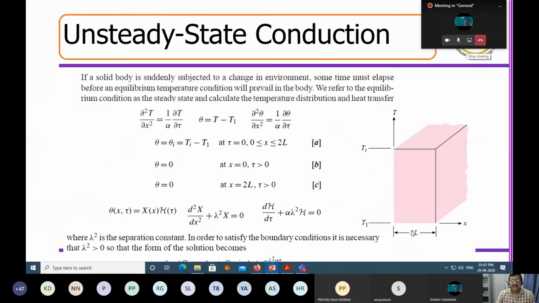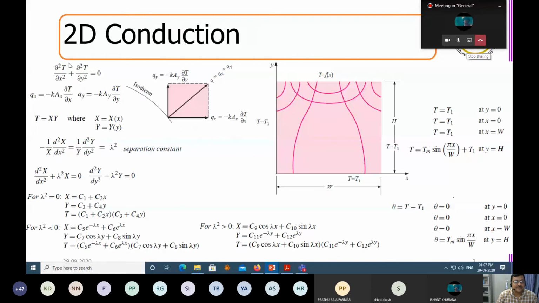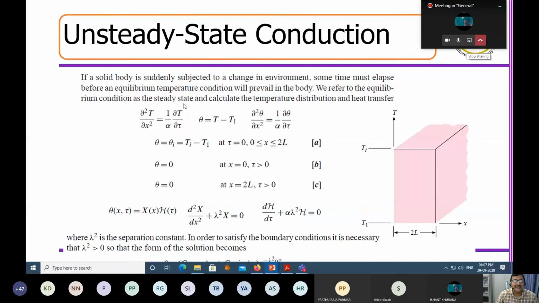Now, this particular slide was associated with only space variables. If I consider this to be a parabolic equation, that means one-dimensional but unsteady state heat conduction. What is an unsteady state heat conduction system? Suppose I have a ball, I have heated up the ball and I have dropped it into water. It's a very standard system of cooling. How do you cool down something? When you heat up something, you drop it in a cold water bath, so immediately it transfers the heat.